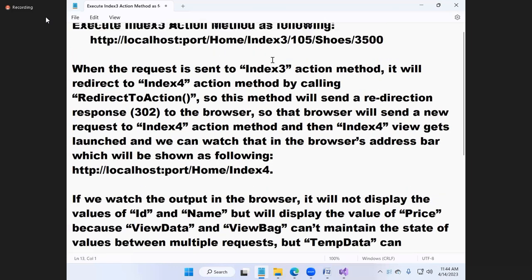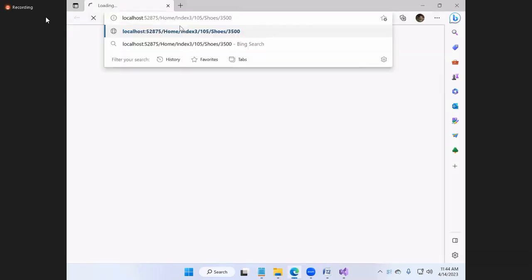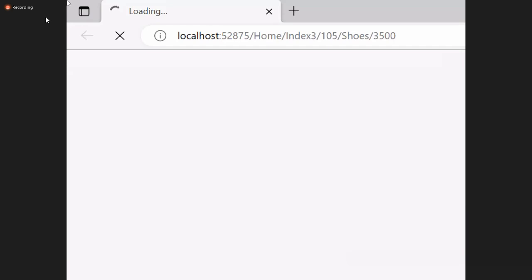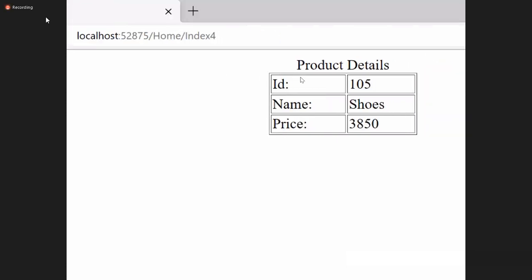Okay, guys, send your request to which method? Index3. I'm sending my request to Index3. You can see the browser. My request is sent for Index3, correct? But what launches is Index4 with all the values. Am I clear?